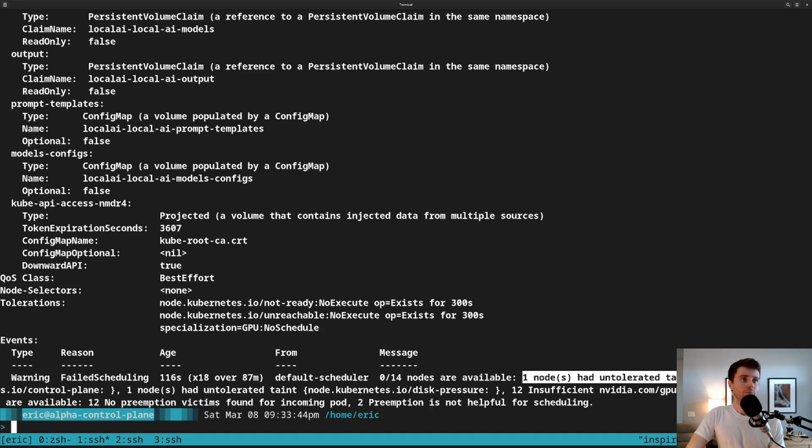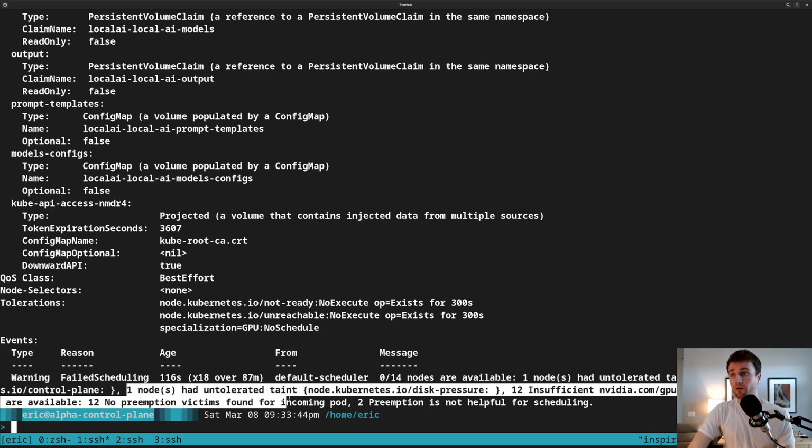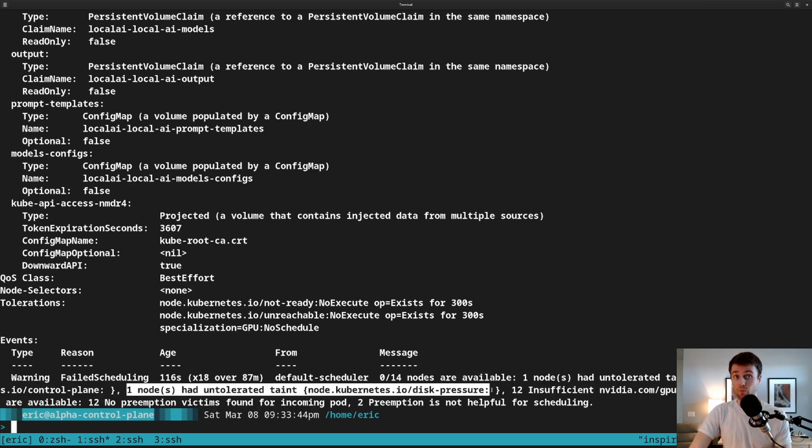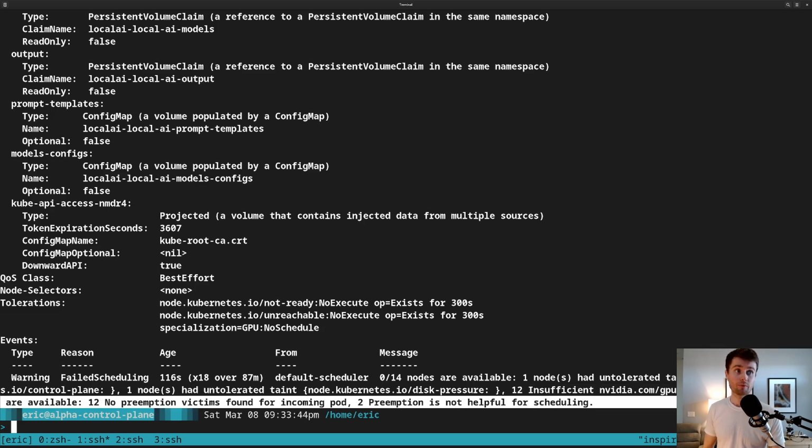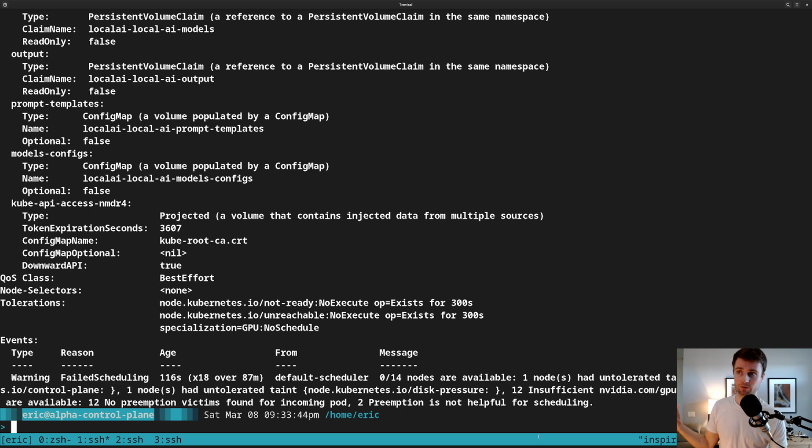First problem is the untolerated taint that it is a control plane. So it's saying that it will not deploy this on the control plane of the cluster, which is good. We don't want that. Another node has the disk pressure taint. So there's one node in our cluster that has high disk pressure, and we cannot deploy to that node. There are 12 that do not have an NVIDIA GPU. And then there's the option for removing certain pods from ones that are busy, but that's not going to help anything. So this one is just sitting around waiting for a node to become available that has an NVIDIA GPU that it can claim